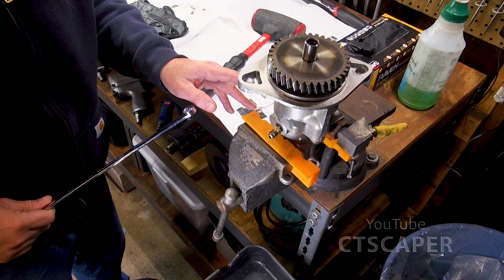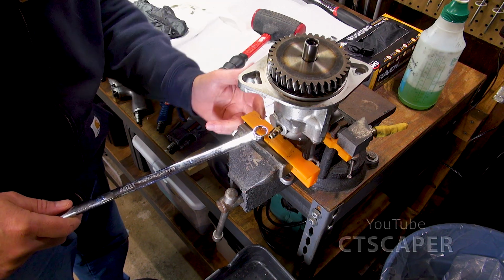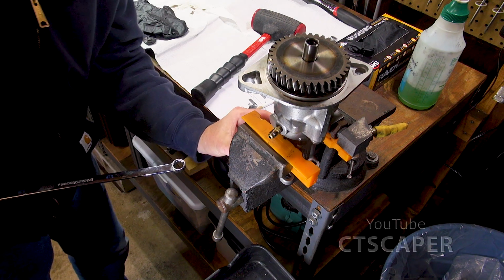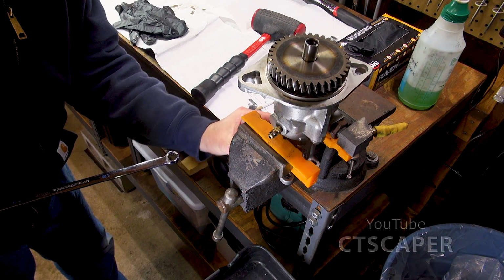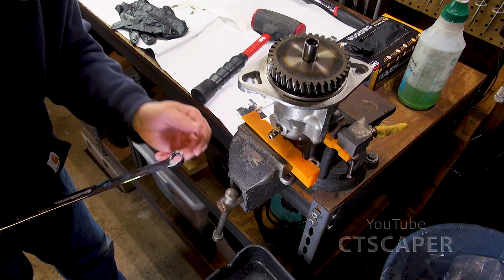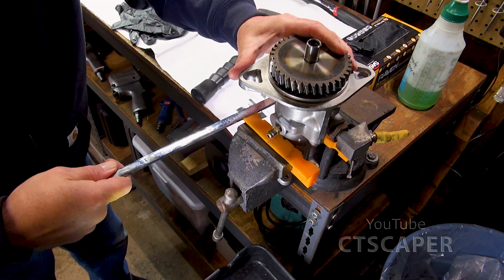All right, guys, what I did is I snugged it up in the vise with the soft jaws on, and I'm being very careful. I don't have any pressure on the mounting bolts down here, the mounting flanges. So hopefully this is just enough where I can...